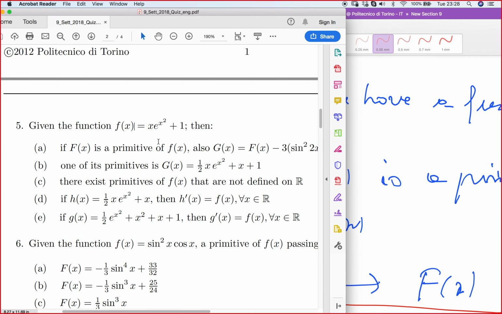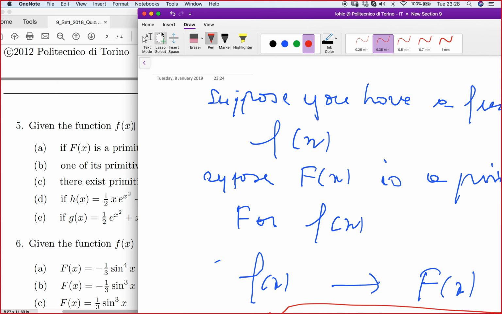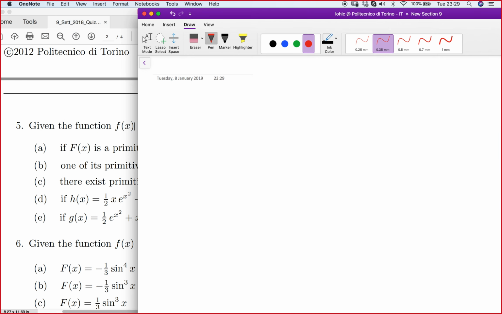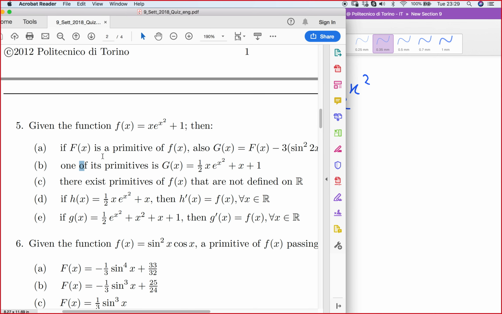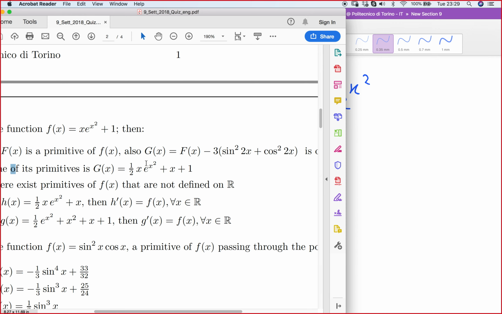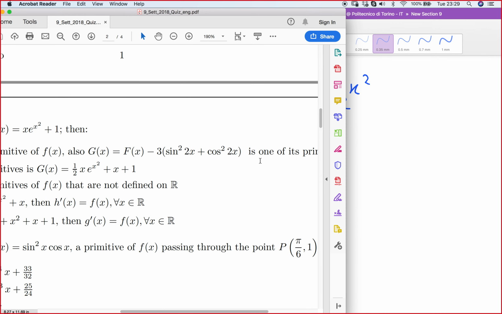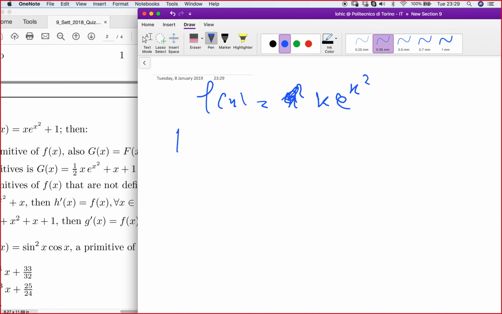The question says that you are given the function f of x equal to x times exponential of x squared. Let me go to a new page. So your f of x is x times exponential of x squared, right? Now it says if capital F of x is a primitive, then g of x equal to this is also a primitive. So what do we know? We know that capital F of x is a primitive,